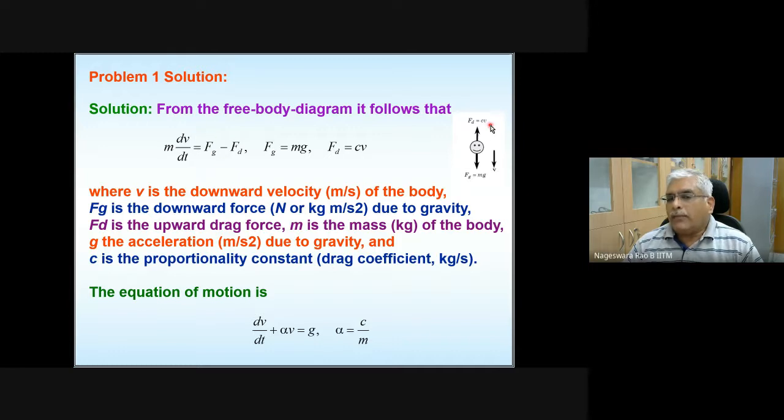Okay. Here, the free body diagram, a body which is falling freely. What are the forces that are acting? Drag force is acting in the opposite direction to gravity, and the body is actually moving with velocity v, and the weight of the body is mg. Based on your simple mechanics principles and then equilibrium conditions, you can write this equation. Okay, so you refresh all these kinds of things.